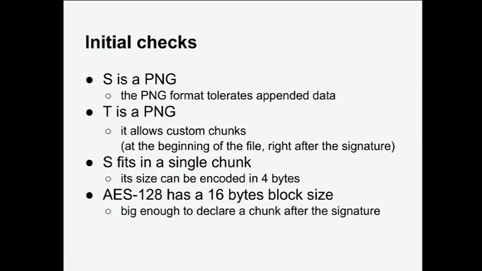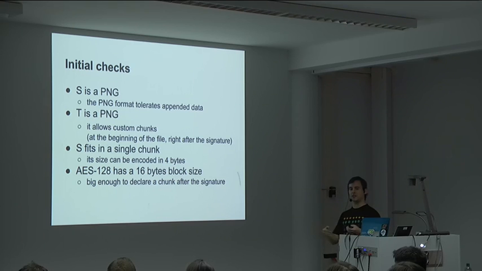The target file format, as you saw in the introduction, doesn't really matter. The two source and target formats are kind of independent as long as they follow these rules. The target format allows custom chunks at the beginning of the file, right after the signature, which means inside the first block. The source file fits in a single chunk, because that's not the case sometimes. Sometimes the custom chunk